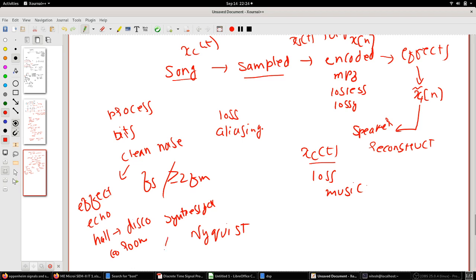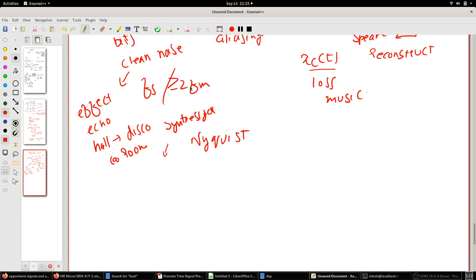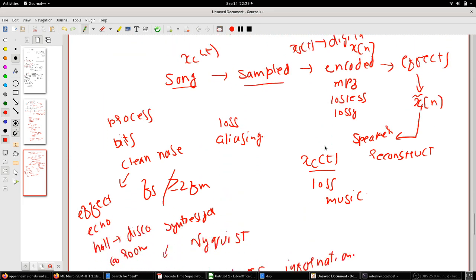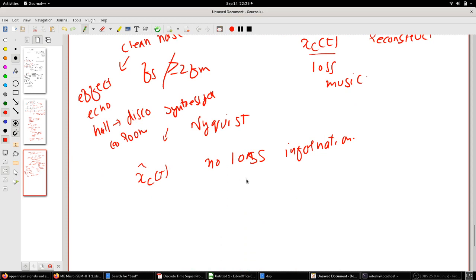But then when you are satisfied with the output, and whenever this is playing in real time, then this synthesizer will be giving out to the speaker, which is reconstructing it back in real time itself. So for the reconstruction, no information loss should happen. The same song has to be playing back, whatever you were singing. For that to happen, you need to do a perfect reconstruction. For a perfect reconstruction, your Nyquist criteria has to be satisfied. Clear? This is from the application perspective.